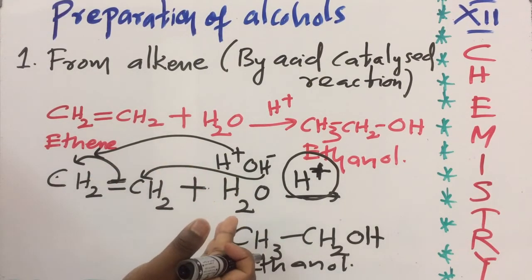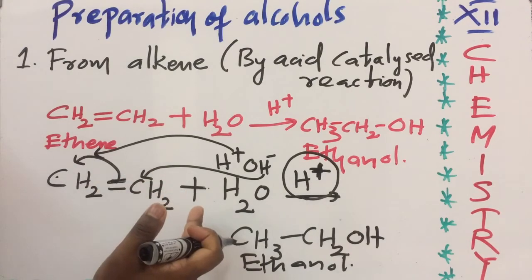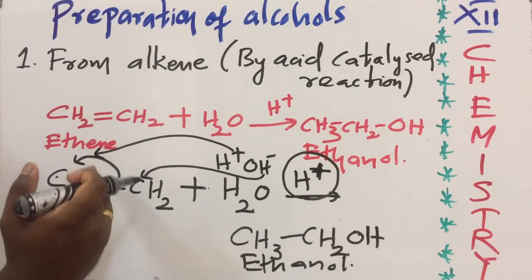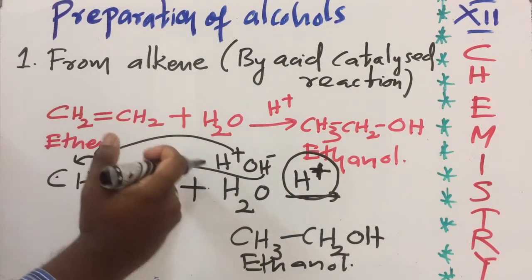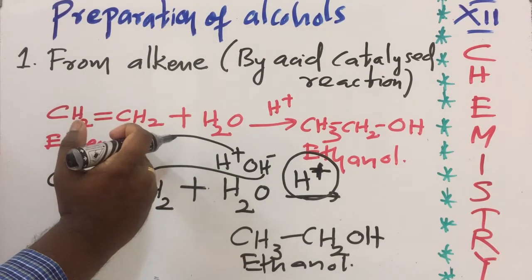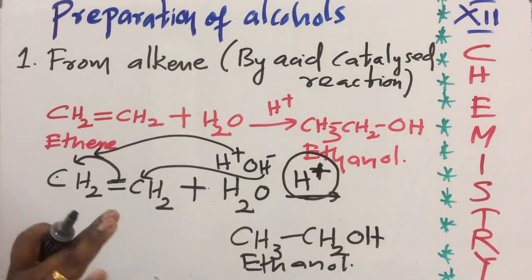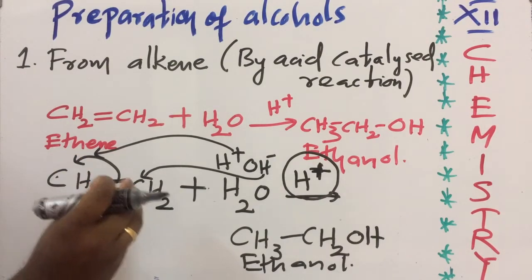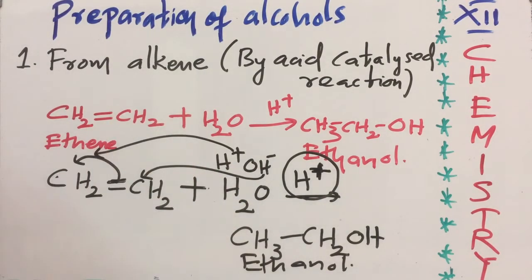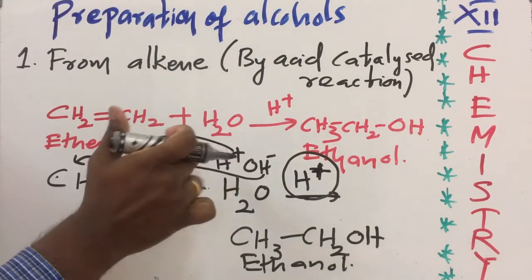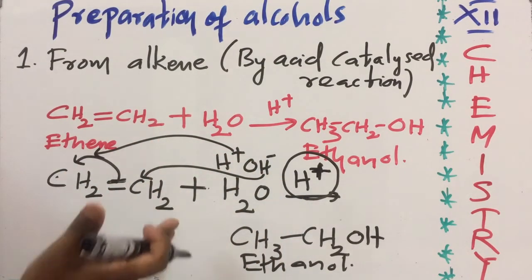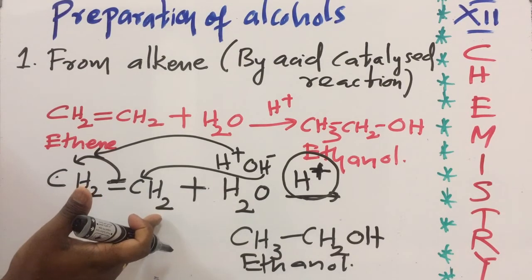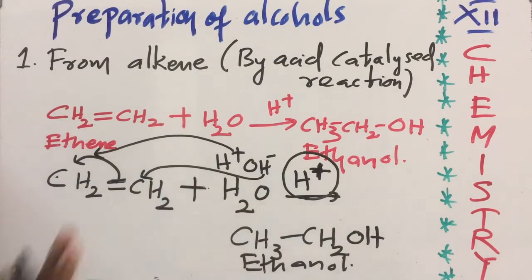What do we mean by mechanism? Mechanism provides a correct path between reactants and product, or all the reactions that take place between reactants and product. So very simply, the mechanism of a reaction gives a clear picture of the reaction. Now I am going to teach you the mechanism of this reaction. There you will get the role of H plus and what is actually happening here. This is only a trick, not the mechanism. This is only a trick to find the product.